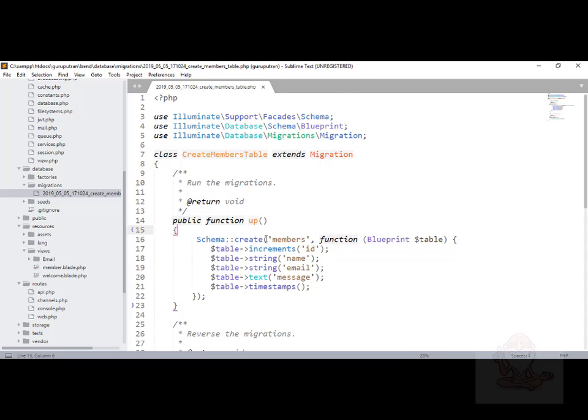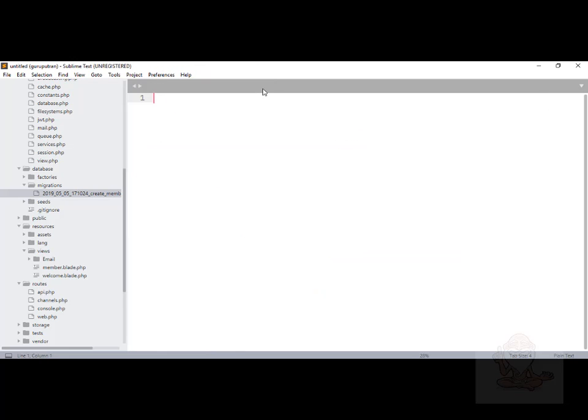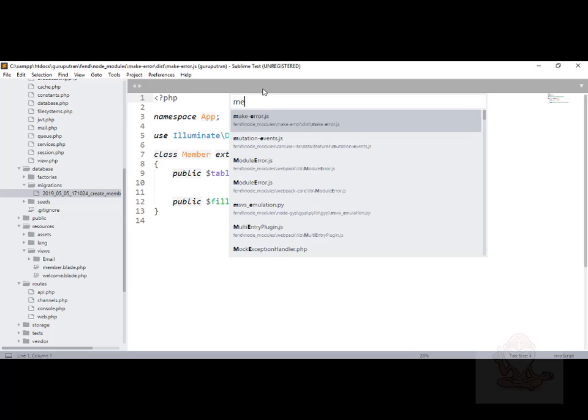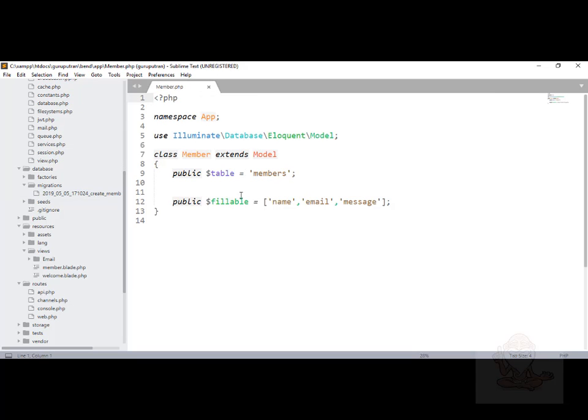So let's go and grab the member file. Control P, member. So Member.php comes up and you can see that we have declared table as members and public fillable is name, email, and message. These are the three fields that we created.